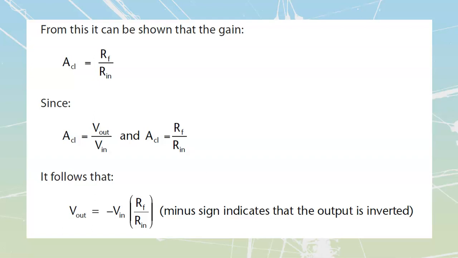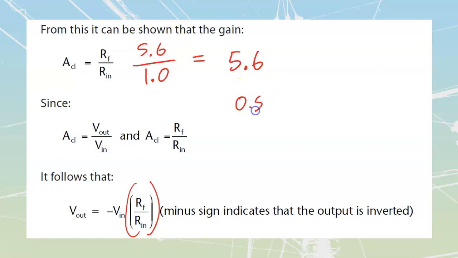They give you an example inside of there. They say, hey, look, if I've got an input voltage that is half a volt peak to peak, and I've got an input resistor of 1k ohm and a feedback of 5.6k, what is my output voltage going to be? Well, we would just take my 5.6 over top of my 1.0. That's my feedback over my input. That's going to give me an amplification closed loop of 5.6. And all I need to do is take that amplification closed loop and multiply it by my input voltage. I get half a volt, 0.5 volts,